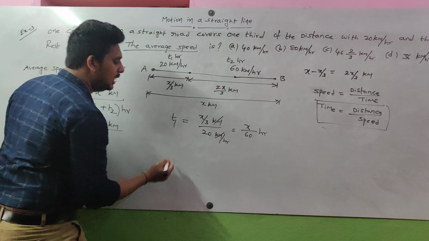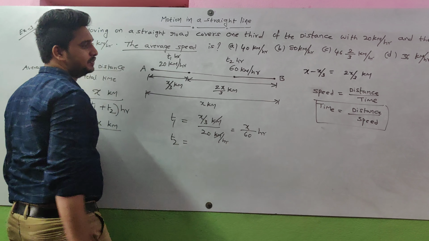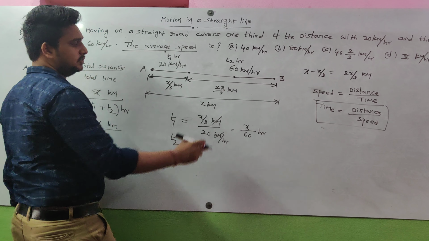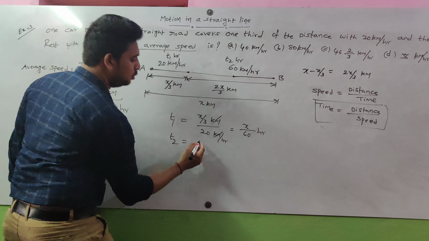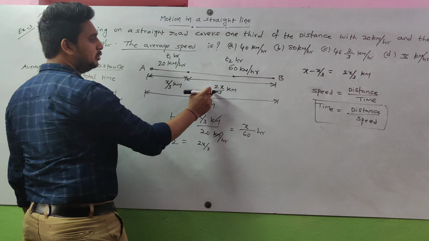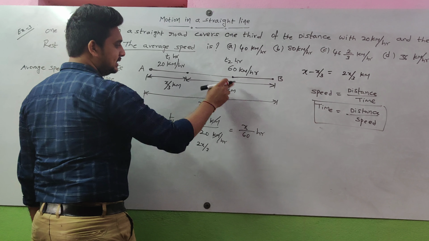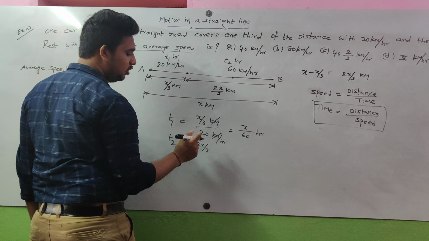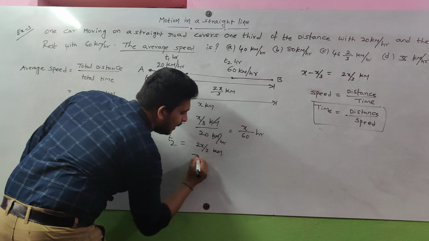x by 60 hours. Then t2 is equal to distance by speed. Here the distance is 2x by 3, because time is equal to distance by speed. t2 is traveled with a covered distance of 2x by 3 kilometers by